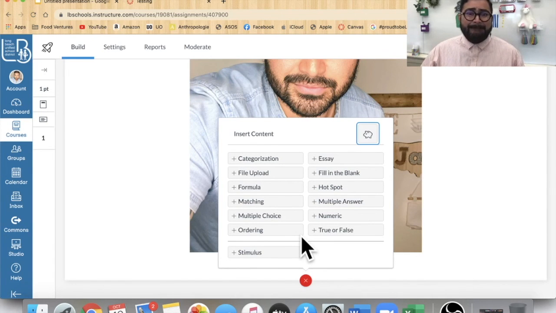I'm still learning it. But the best one I believe that would be useful for K1-2 would be the hotspot, where you just upload the image and they have to click on the item that you're having them find. So like let's say you have a map of a bunch of letters and you want them to specifically look for the letter B, you would be able to highlight the letter B and they'll be able to click on it like that. It is a long process. You do have to teach your students how to do it, but once they get used to it, just like in the